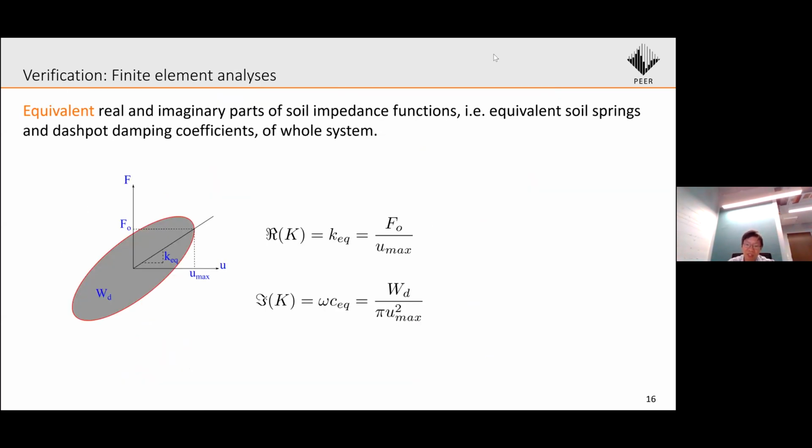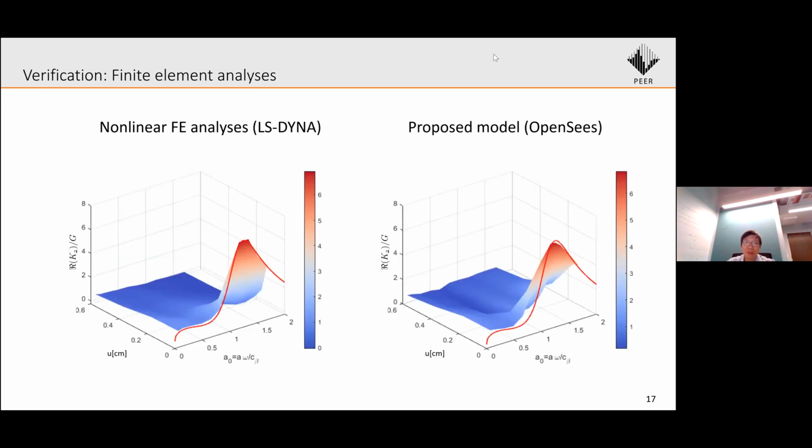For better comparison and interpretation, we calculated the equivalent real and imaginary part of the force displacement loop. So this figure shows the real part of the impedance of the whole system. It depends on the frequency and also the displacement amplitude. The red line here shows the analytical solution that we already have